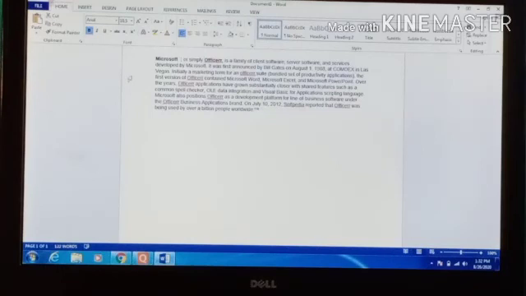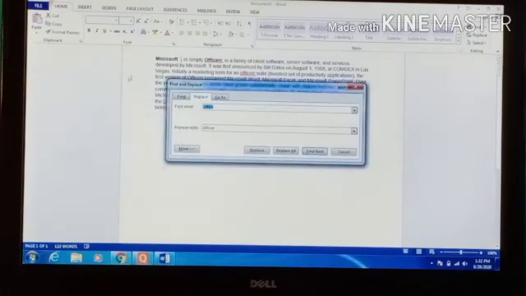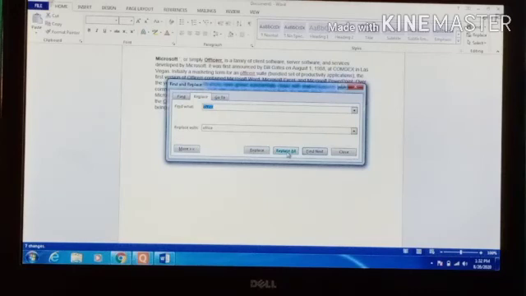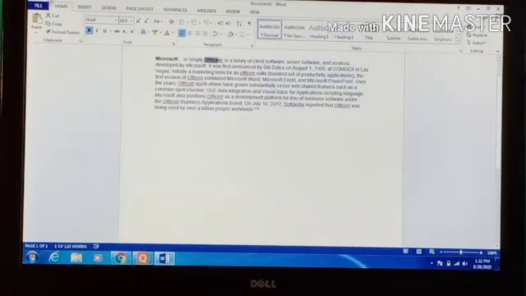Suppose I do not want the change to officer. Then press Control H and replace with office. Just click Replace All, and all the officer is changed back to office.